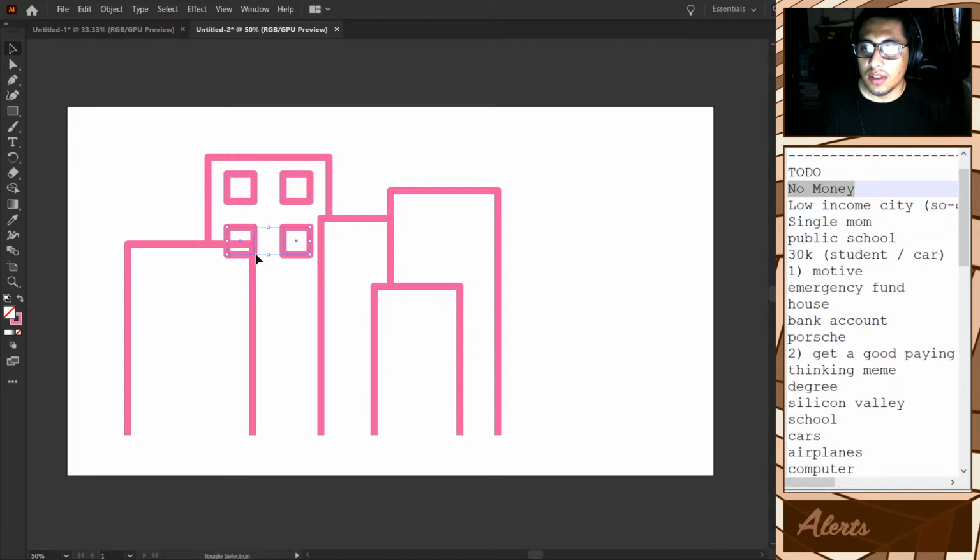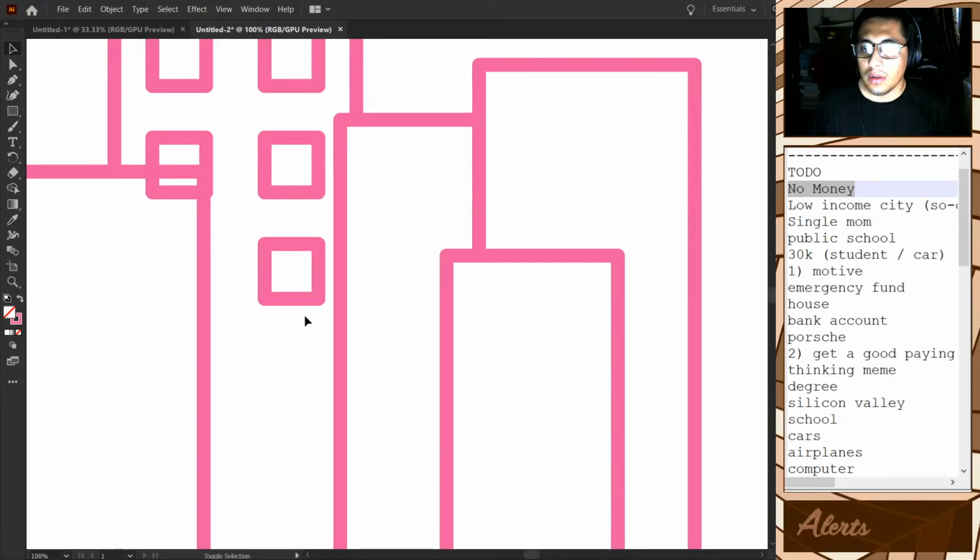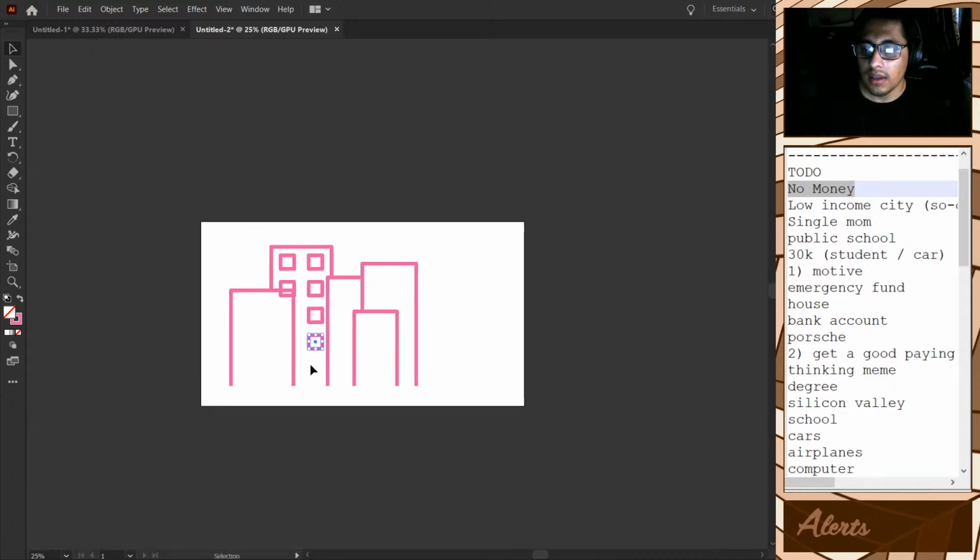Putting windows. Okay, and now we'll get rid of this by right clicking and then ungroup. And Illustrator helps you by giving you a little guide of how much you've gone, so it gives you the right spacing always.